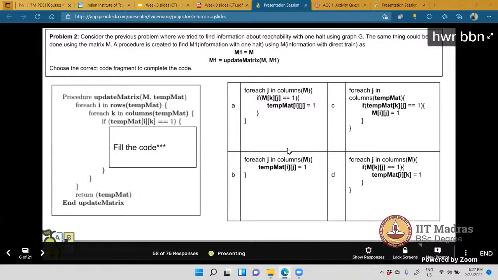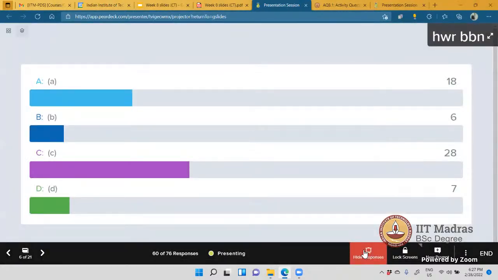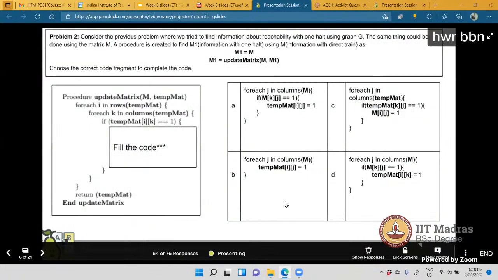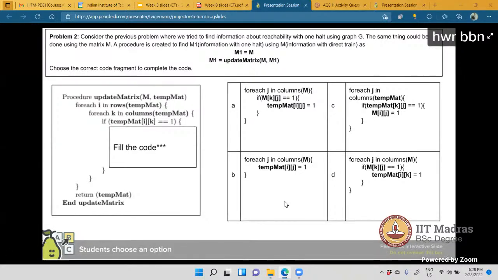Okay, so if you see the response, A18, B6, C29, and D7, it's quite distributed. Whoever has chosen A, may I know your name? Divya. Sir, I have also chosen answer A. Okay. And whoever has chosen D,